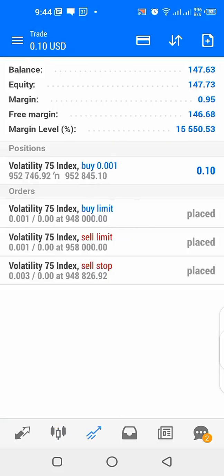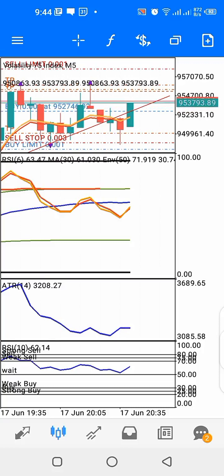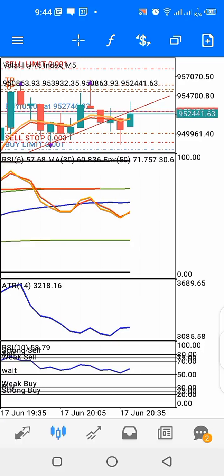So that's the way the arrangement for the hedge for the scalp trade is. I currently have a running buy trade. The reason why I placed the buy trade is because price didn't get to my buy limit and it approached the midpoint between the buy limit and the sell limit. I inputted the take profit to be 2,500 points for the running buy trade. I also measured 4,000 points below the buy trade to place my hedge trade, which is a sell stop. And the sell stop lot size is 3 times the lot size of my running buy trade,